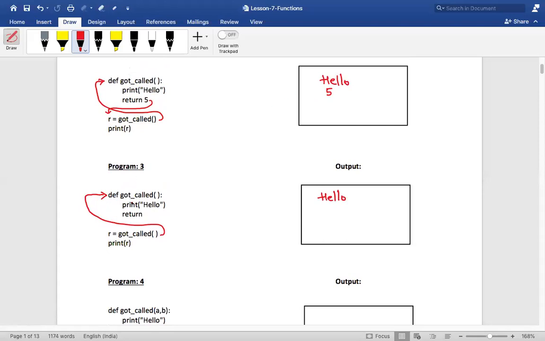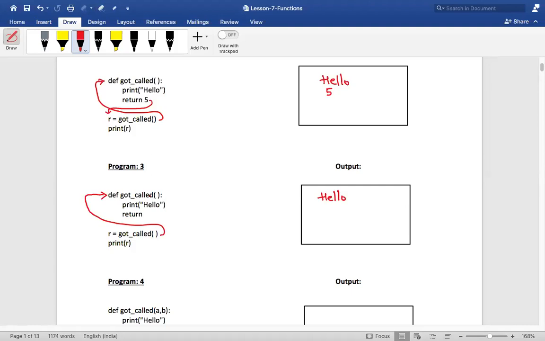Whereas in the current program 3, it is not returning any value. It is just saying return, isn't it? Yes or no, my dear friends? Did you understand this? Am I returning any value? I'm not returning any value. I'm just saying return. So it is also equivalent to not writing any statement over here. Writing just a return is equivalent to not writing anything over there. Is that clear, my dear friends?